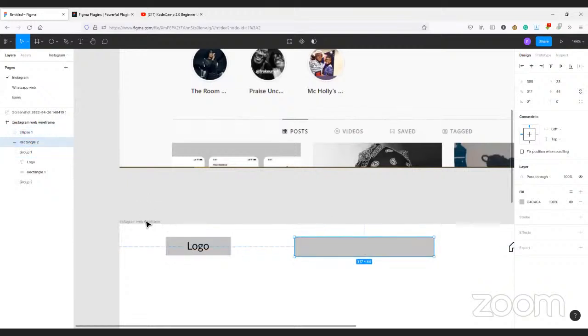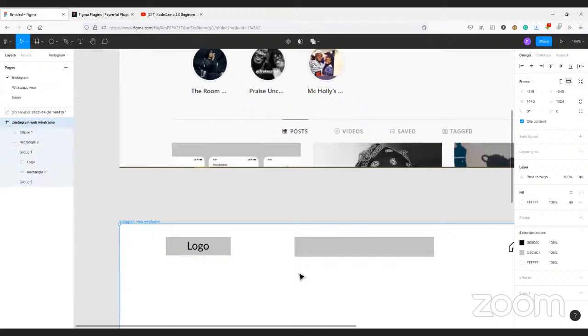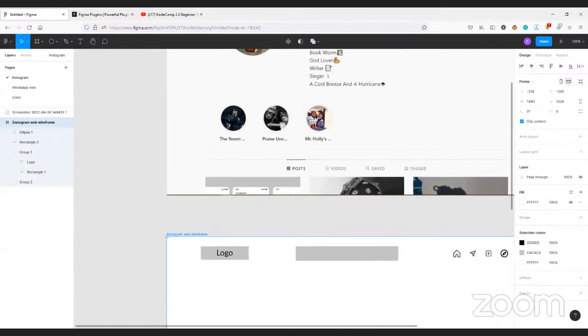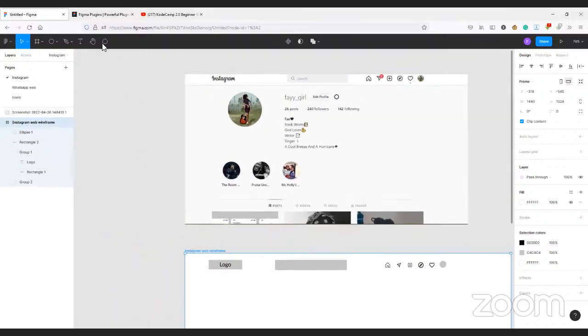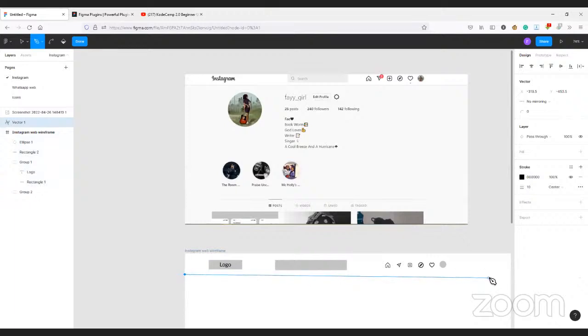Okay, I'm going to zoom out a bit, but I'm going to zoom in later. So I'll just get my line. I like to use pencil though to get an accurate line. So just from here, come down a bit, click,